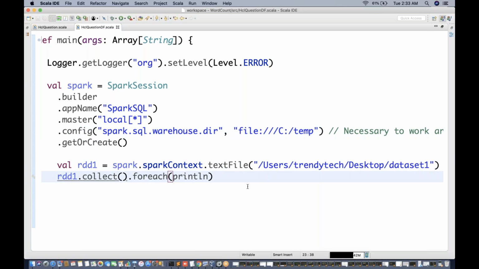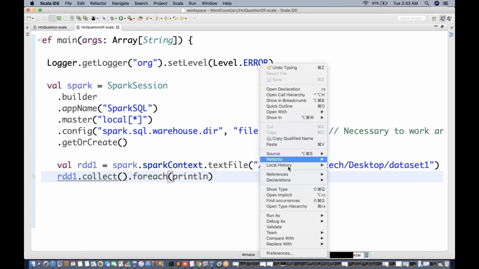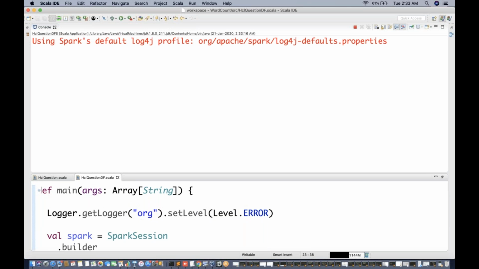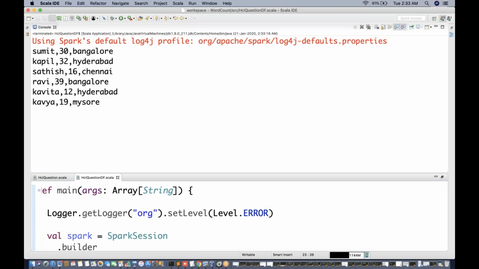And then you can print it and see whether it is displaying the RDD data or not. So you have to go step by step. You loaded an RDD and you are trying to print it, it prints, right?